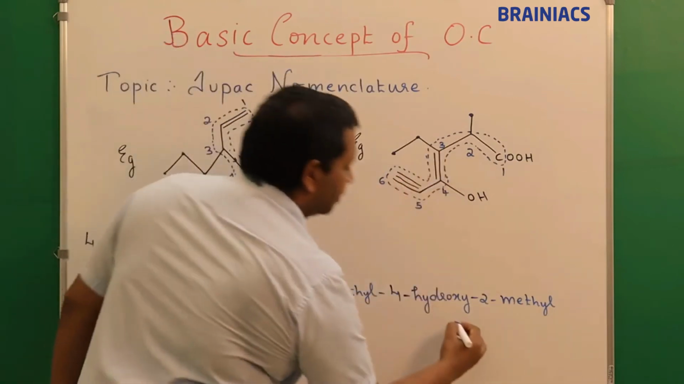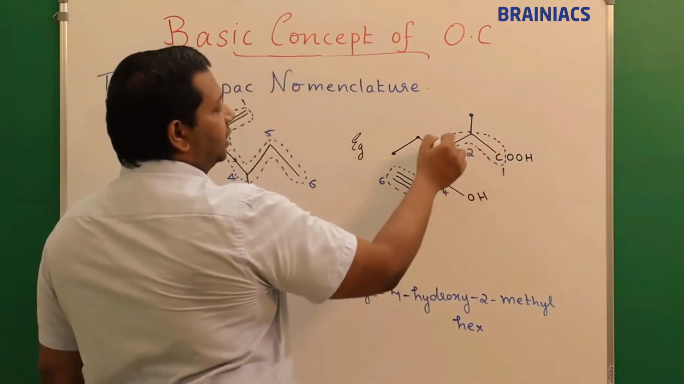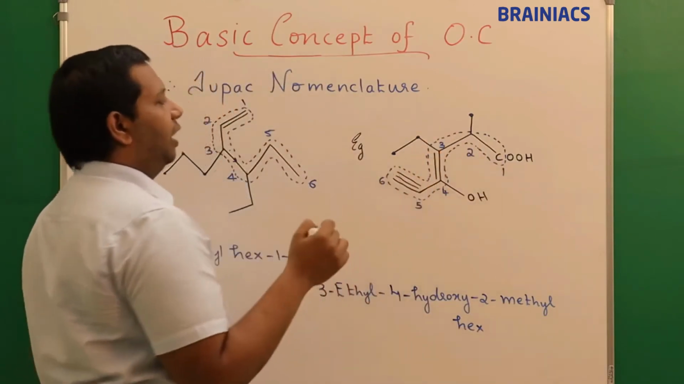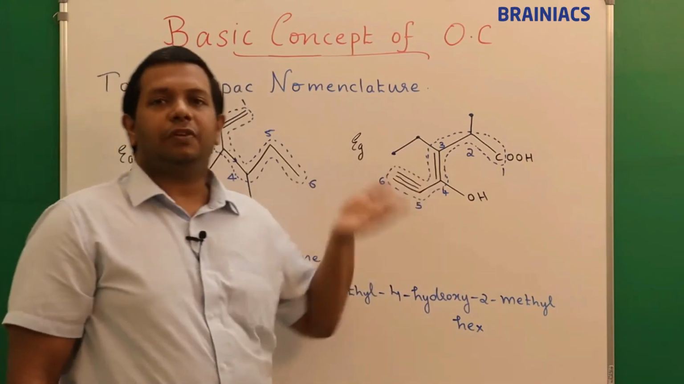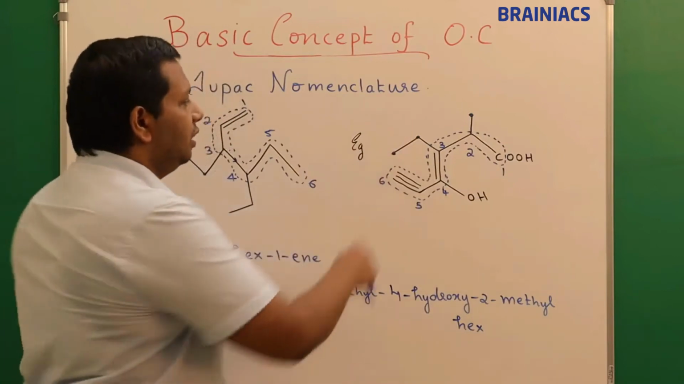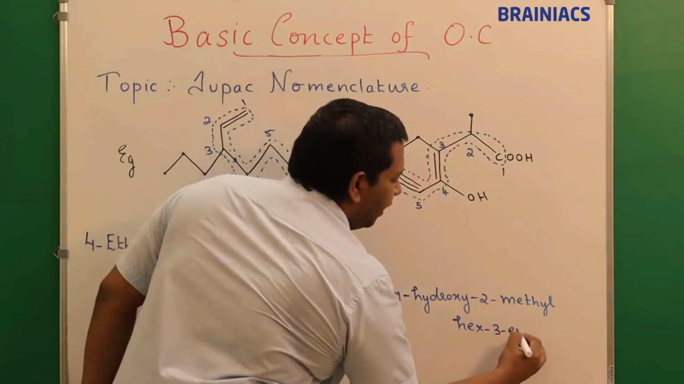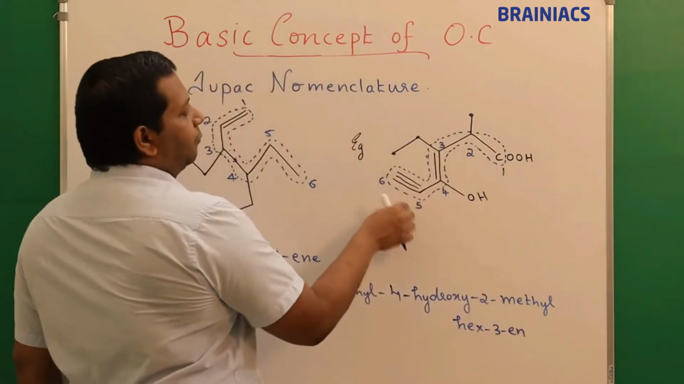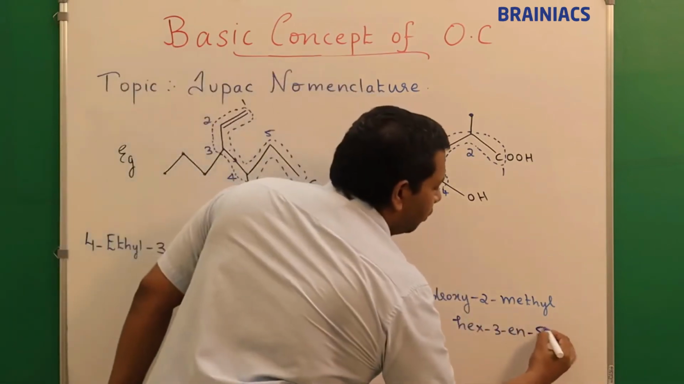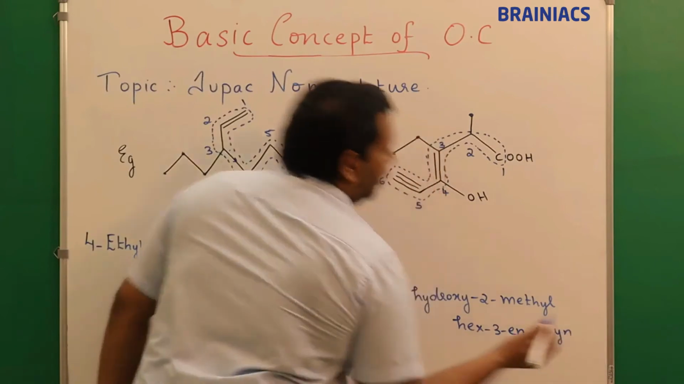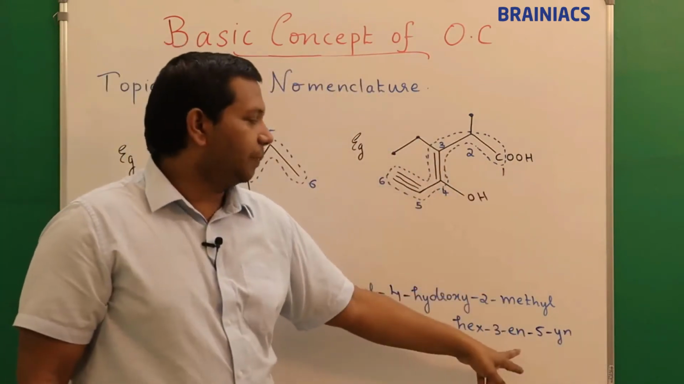Word root hex. Now in the parent carbon chain, they are linked through a double bond and a triple bond. I know that when ene and yne are there in the parent carbon chain, who comes alphabetically first, ene or yne? Ene. So ene is present at the 3rd carbon, between 3 and 4, so 3. So hex-3-ene, correct? And between 5 and 6, yne is there. So for the 5th position I will choose 5 hyphen yne. Is it ending there? No,